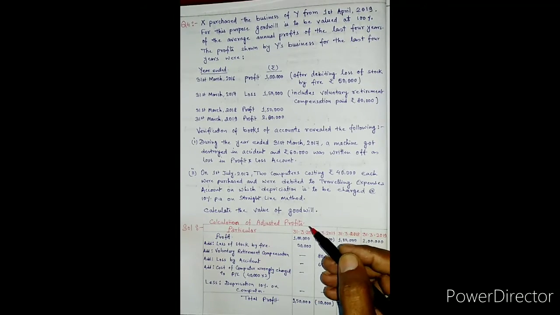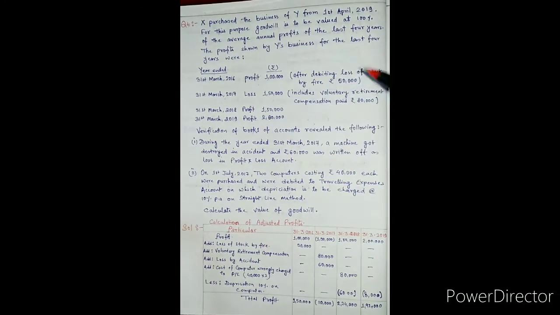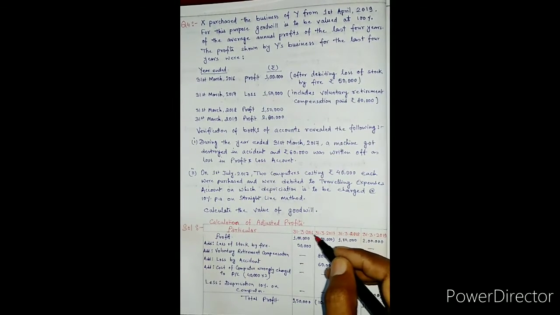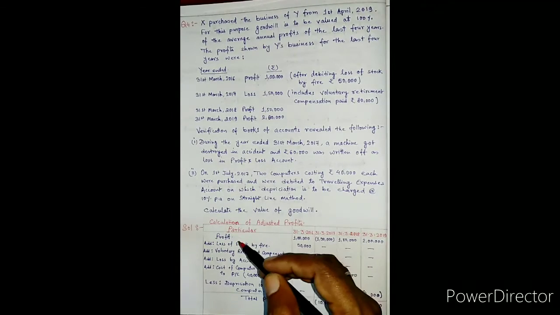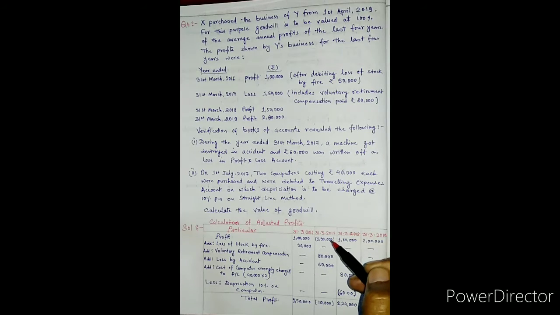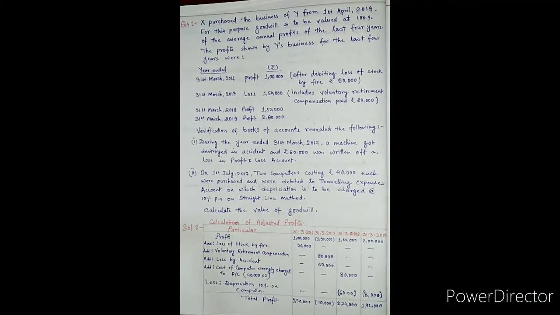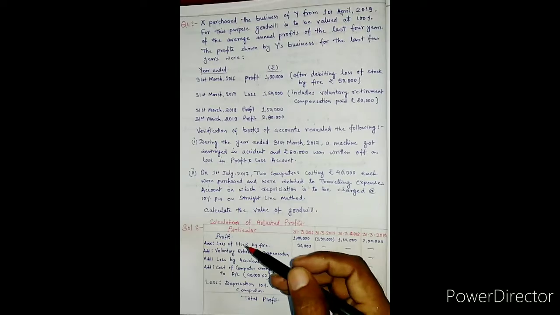Particular years, the how many years here given, 4 years, so 2016, 17, 18 and 19. Now profit is for 2016 1 lakh rupees, in 17 1 lakh 50,000 is loss, in 18 1 lakh 50,000 profit, in 19 2 lakh rupees profit. Now we have to add all the losses or abnormal losses.